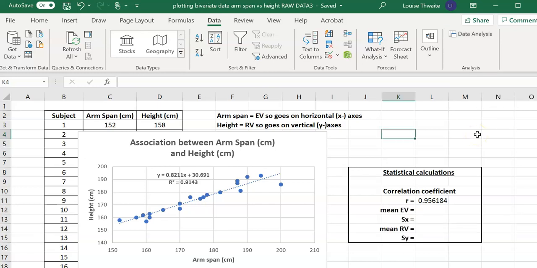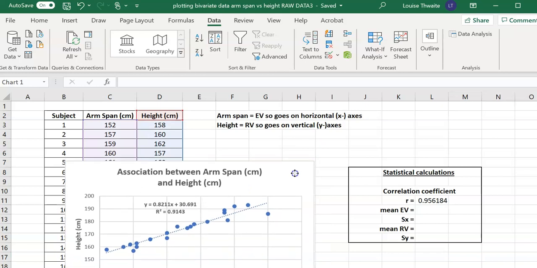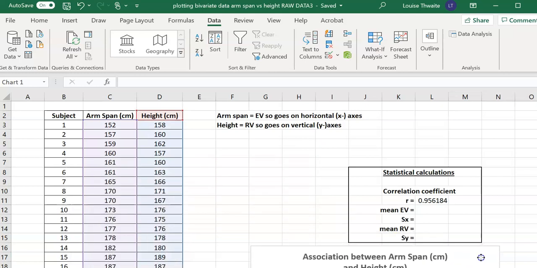Before we get stuck into using that data analysis tool, what I'm going to show you is just how to manually input commands to get some of those important statistical calculations. So again, I'd amend that little section to include the 4 other values that we're after. We've already calculated the correlation coefficient, so there's no need to do that again. We might just move this graph out of the way.